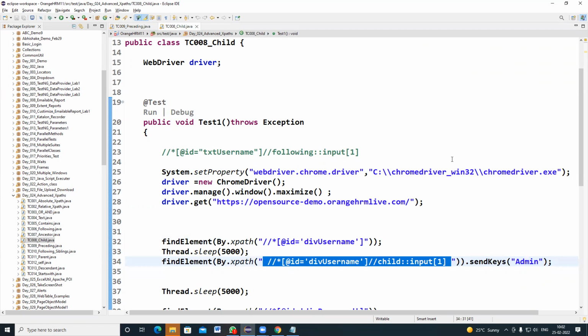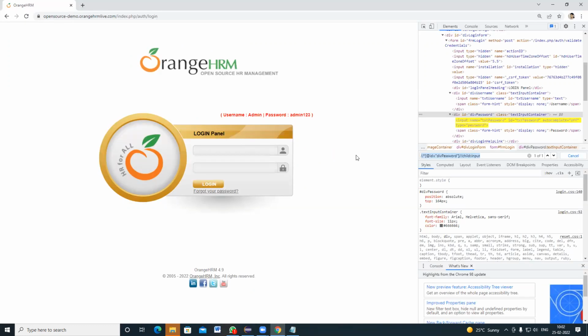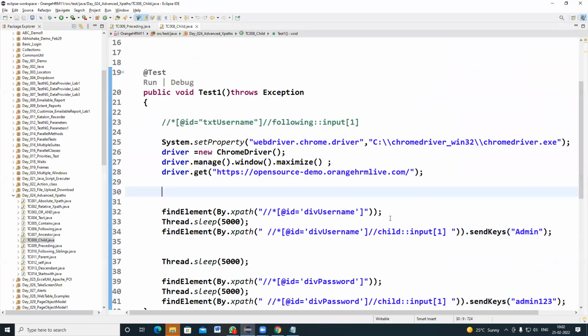యూజర్ నేమ్ కి ఫైండ్ అవుట్ చేస్తే, this is the parent web element for username, div id is equal to txt username, div username. This is the parent web element and this is the child web element for username. If you run this particular program, meeku ardhamaitadi clear ga. Nenu okavela run cheste,